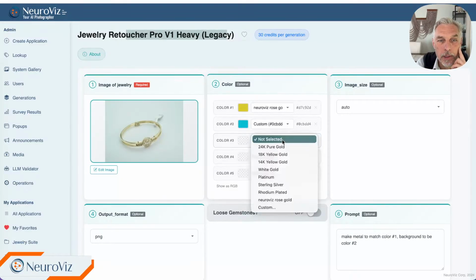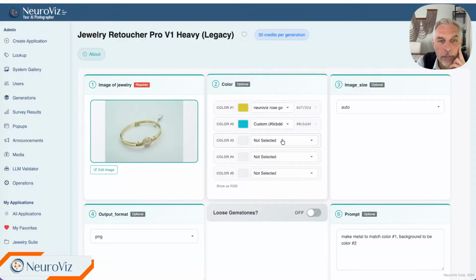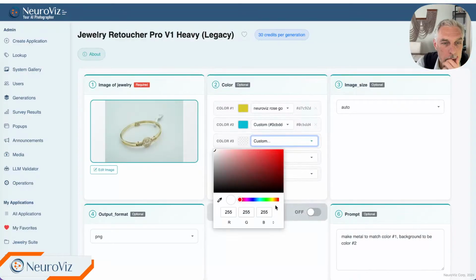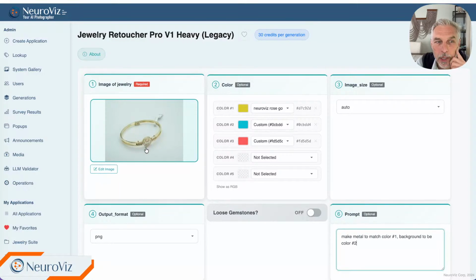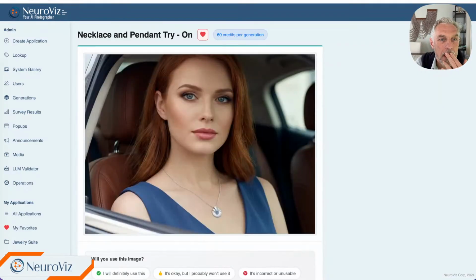And here you can have one more color for, let's say, gemstones. I want ruby something, right? And if I change the central gemstone to be color number 3, it will be red. So it's not just the retoucher, it will be a modifier most of the time. Okay, so look at this. Here's the model. I described it. She's in the car, redhead, Western, blue eyes,